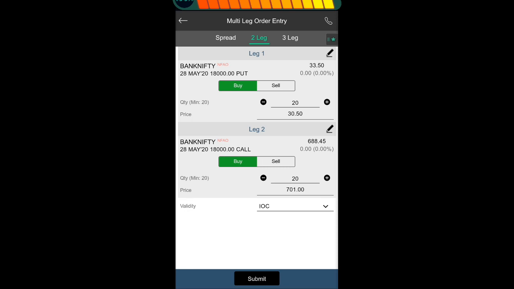So it will take my order, and in the multi-leg order, here it is the IOC. By default the validity is selected, it means immediate or cancel. We cannot change it actually. In the price section in the multi-leg order, we cannot place the order as a market order. So basically we have to enter the price here. It should be the limit price, so we can enter the limit price in this price section.